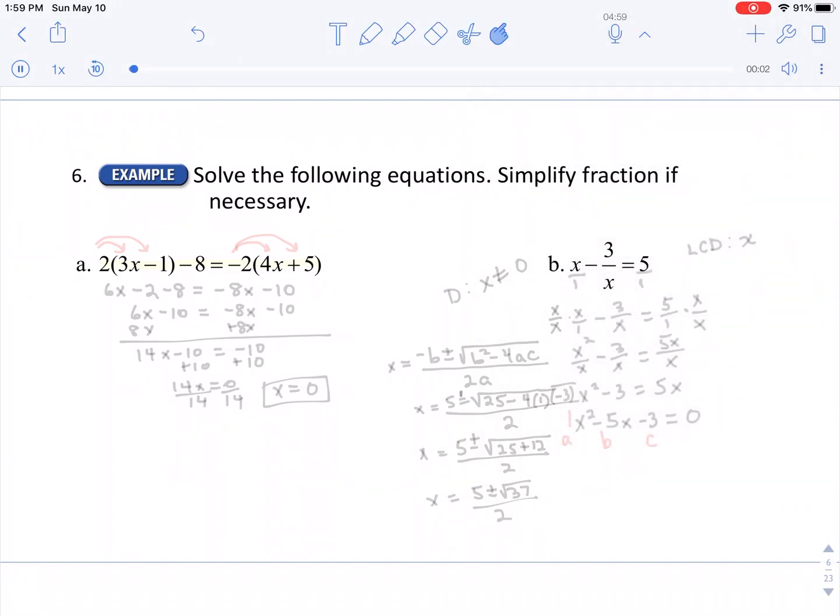This is the review for the final exam. It's problem number 6. Solve the following equation, simplify the fractions if necessary. All right, for the first one, the first thing we're going to do is use the distributive property to distribute